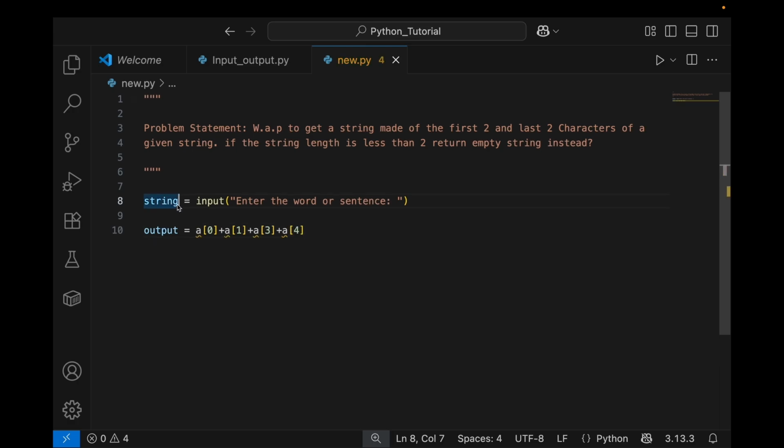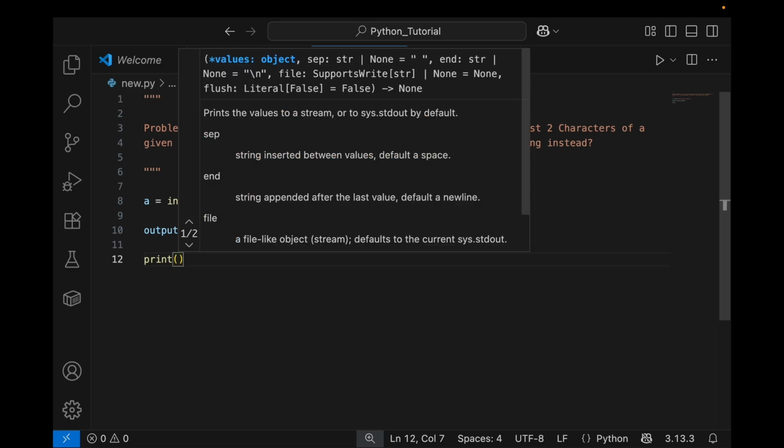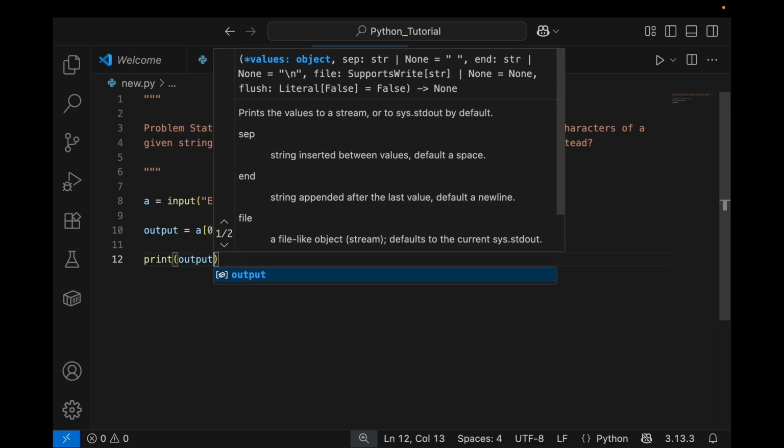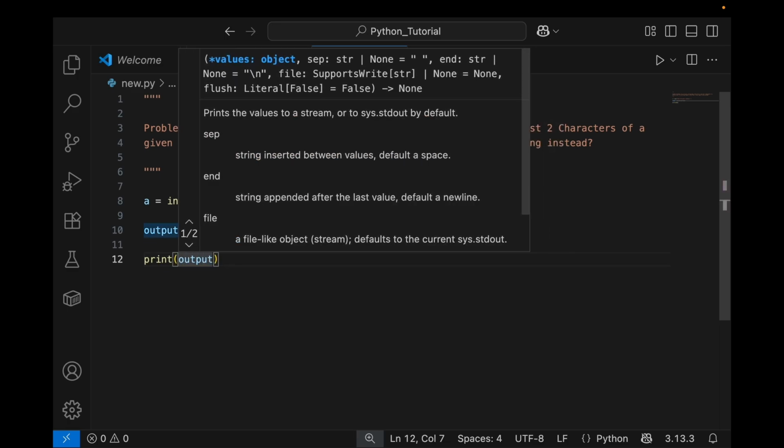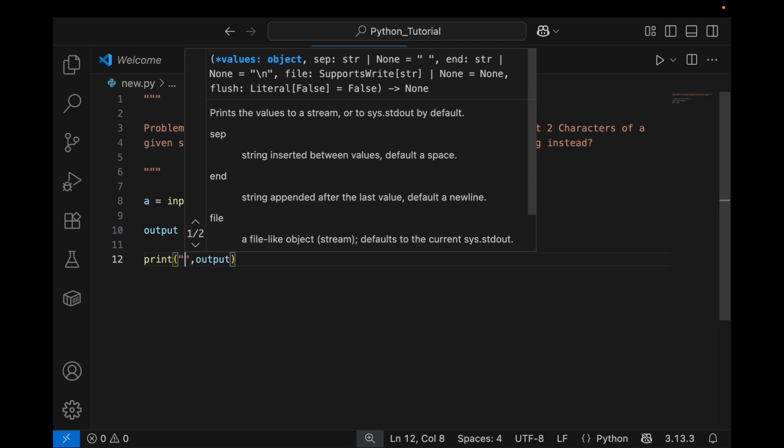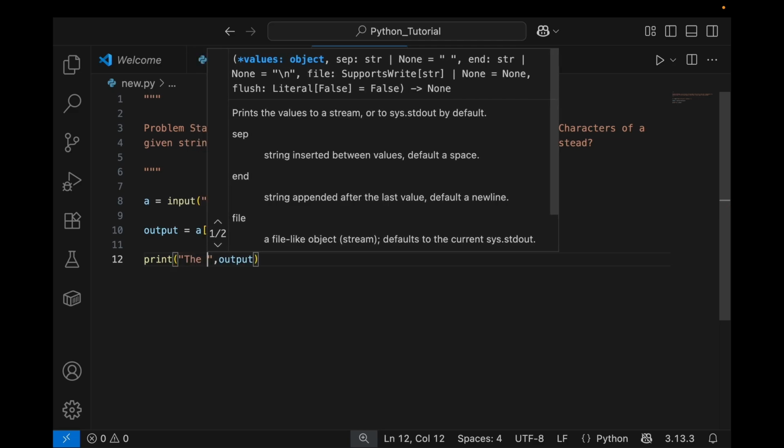Let's keep the name as a, because we have used a over there, so we'll be using a only, right? Now whatever be the output, I will say print output, or I can say some message I'll be printing along with that. So the final